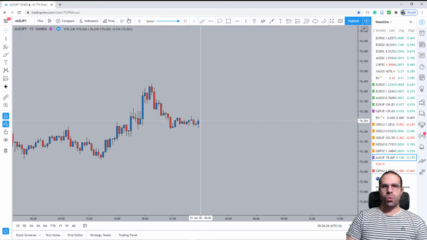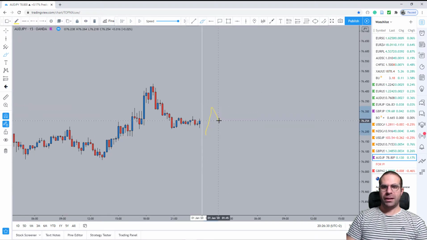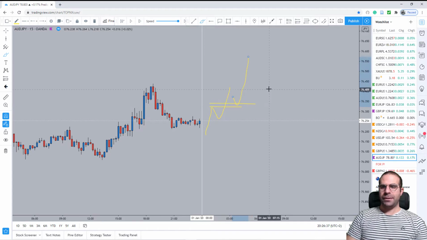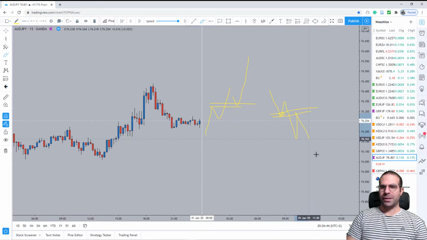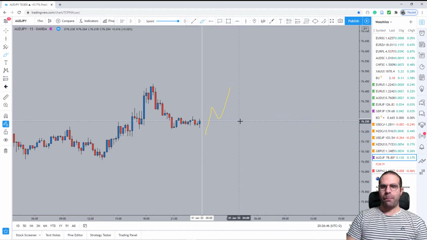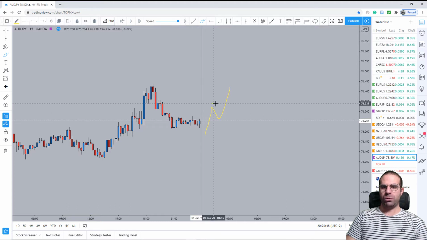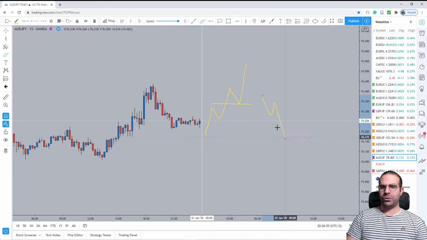To go through this once again really quick, what we're waiting for is a movement like that, and then we're waiting in an uptrend for price to come back to previous resistance and make it support, and in a downtrend we are waiting for the exact opposite, so we're waiting for previous support to become resistance. So we will be placing pending orders. For example, here we would be placing a pending order to buy if price retraces and comes back here, and the opposite in a downtrend, the pending order would be somewhere around here.